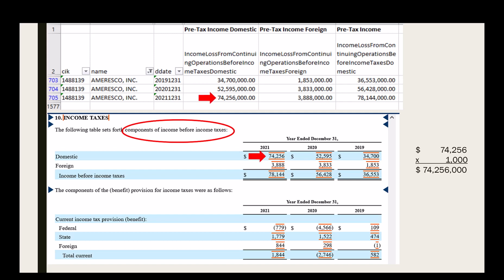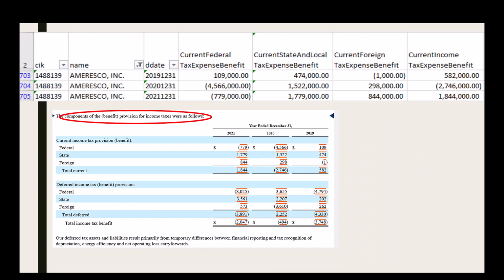Pre-tax income and income tax expense are commonly disaggregated by tax jurisdiction in the income tax footnote disclosures. As we went through the footnote disclosure, you may have noticed that the subcategories sum up to total pre-tax income and total income tax expense, and that both of these numbers are equal to the amounts reported on the income